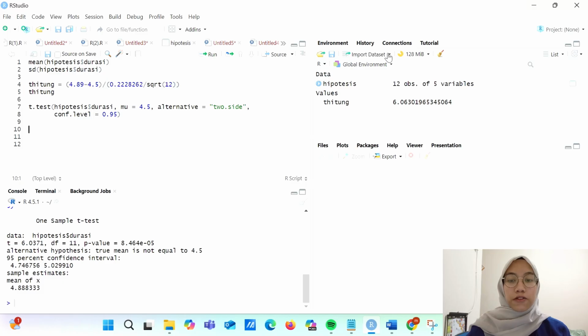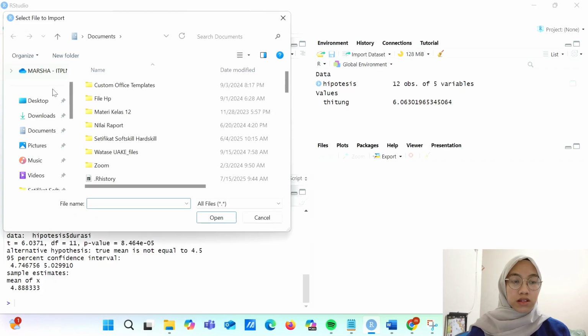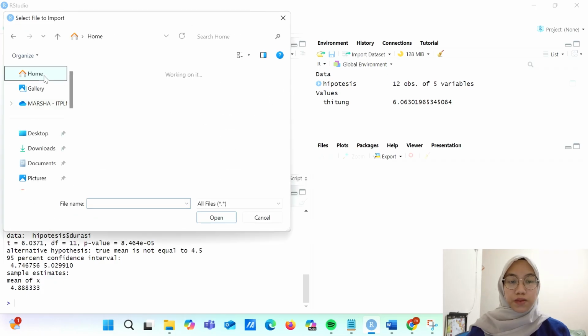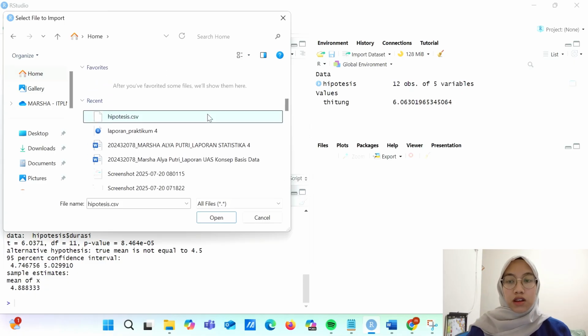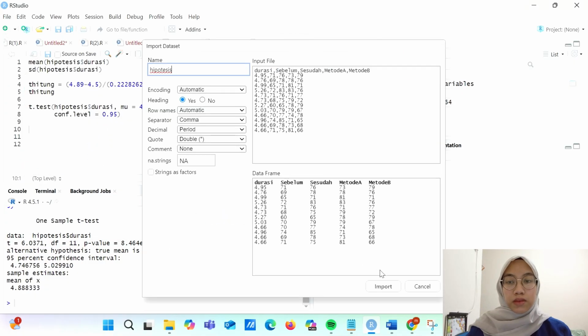Since the file is in CSV format, we select import from text. Then we create a new file.